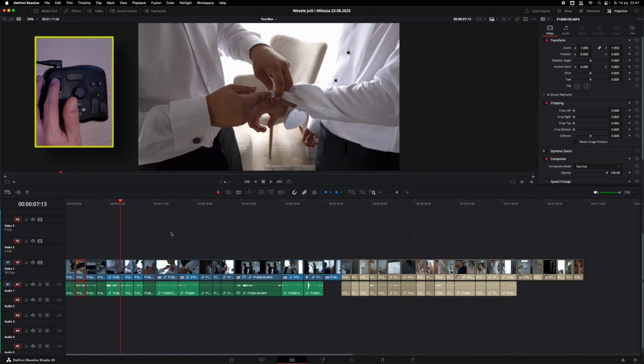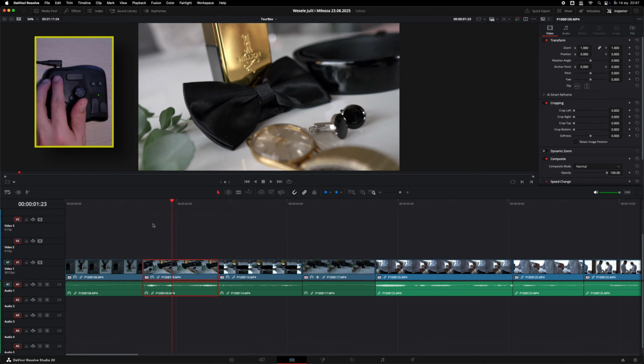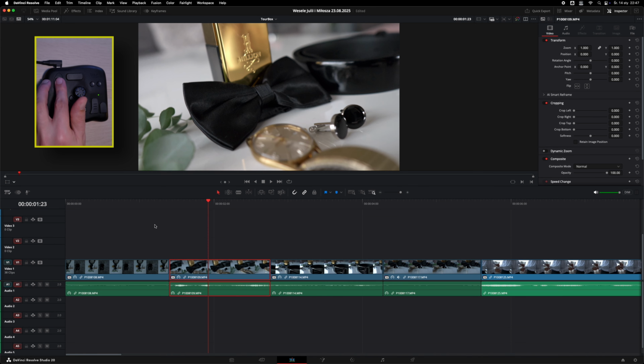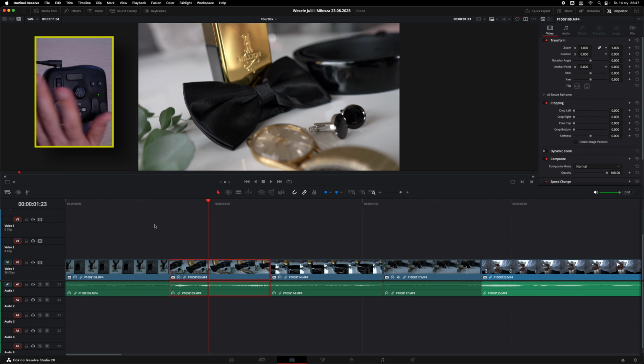The scroll has a button. When you press it, it will show you the whole timeline, and when you press it again, it will go back to the last known zoom position that you had. For example, if we jump over here and zoom like this, press once, it shows the whole timeline, and press one more time, it goes back in the same position. Okay, so now let's talk about the other buttons.